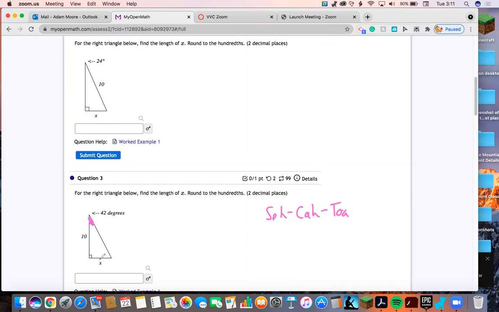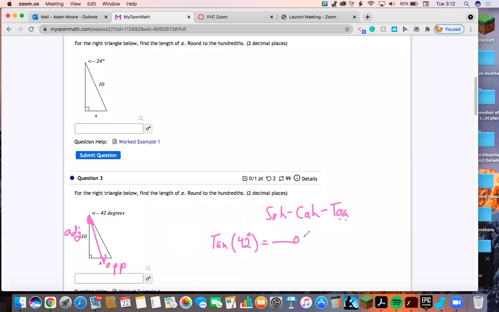That x is across from my angle that I'm focusing on. Here's my angle, so across from it is opposite. That'll be an opposite there. And then this is not the hypotenuse, so it must be adjacent. We're looking good. And so we have an opposite over adjacent. That must be a tangent ratio with the O and the A there. So it looks like we're going to use a tangent ratio at 42 degrees